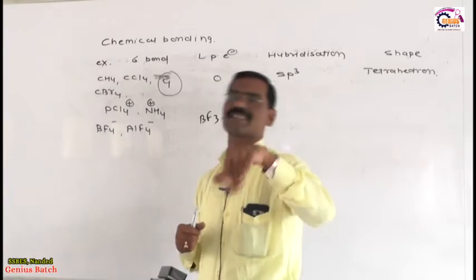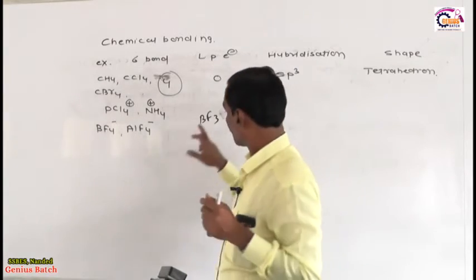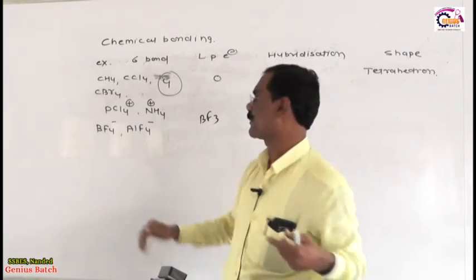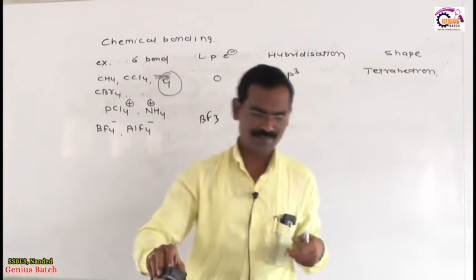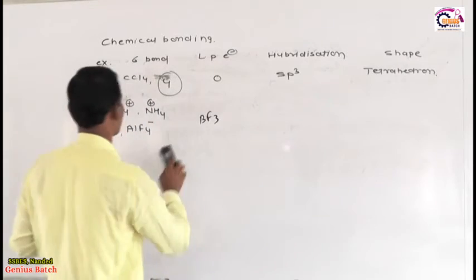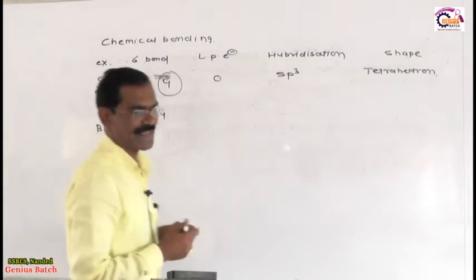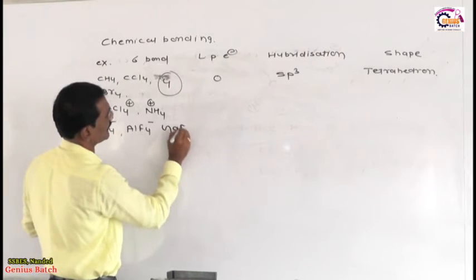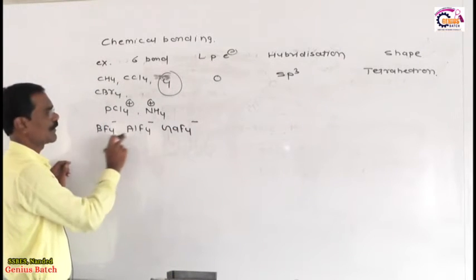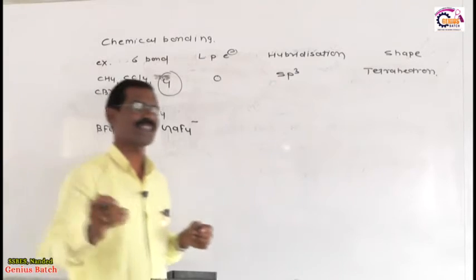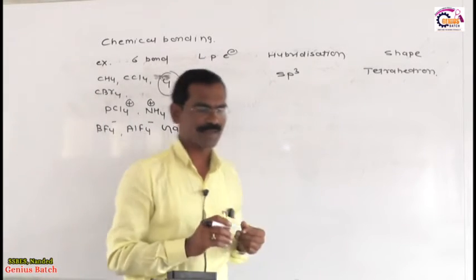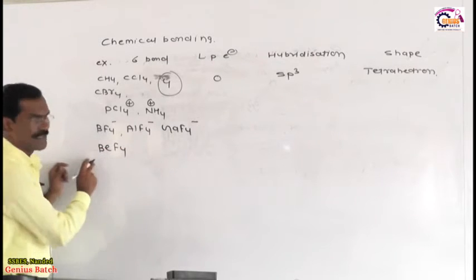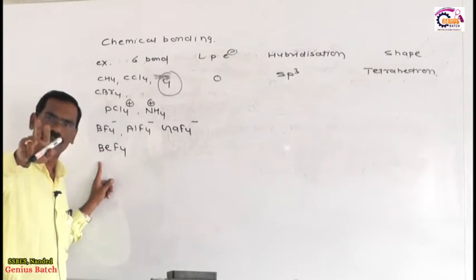That's why we can't consider that negative charge, because the empty orbital of this boron we are already considering in the hybridization concept. आया समझ में आपको? इसका मतलब ये हो गया BF4 minus, then same AlF4 minus. After that AlF4 minus, then finally we consider here GaF4 minus, क्योंकि इसकी family है boron, aluminium, gallium, because all these elements are from the same group. GaF4 minus. After that, you know, BeF4. एक्चुअली valency of beryllium is only 2 ना.